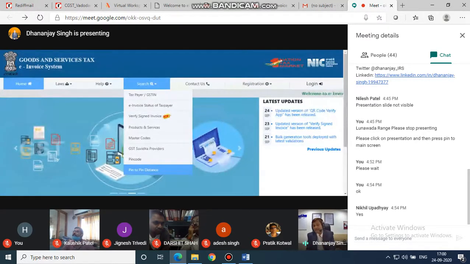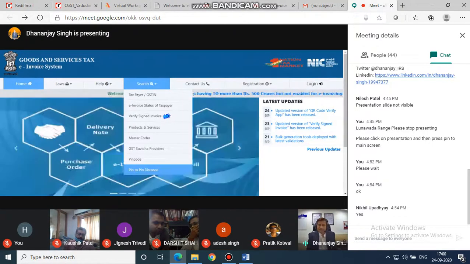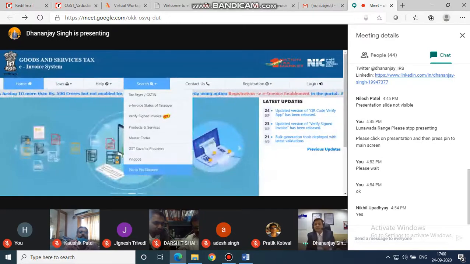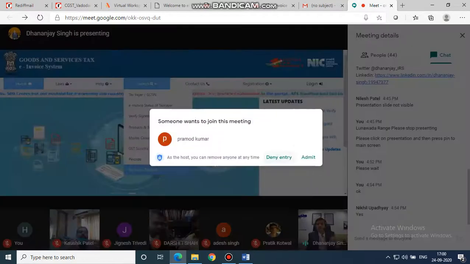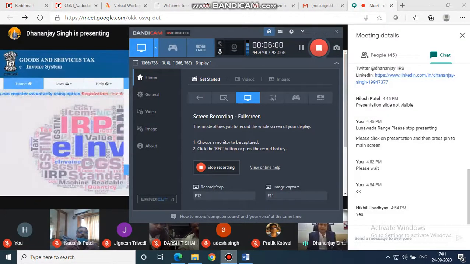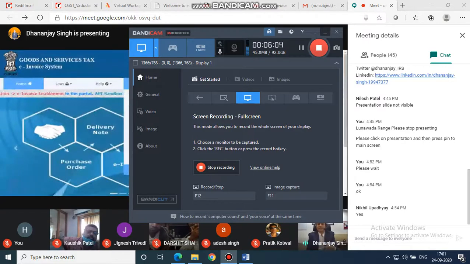So translating this information to the electronic invoicing system, how will the taxpayer benefit? In cases where the taxpayer or the stakeholder is generating an electronic invoice wherein he may not know the pin-to-pin distance, postal index number to postal index number distance, then he simply has to, in the payload that he sends, in the software language it's called payload, enter 0 in the specified format, as specified by the NIC.